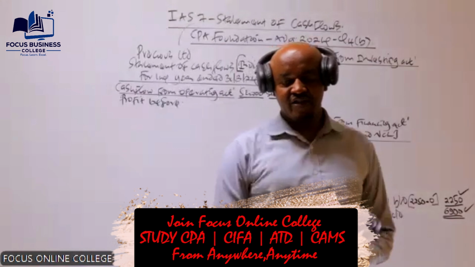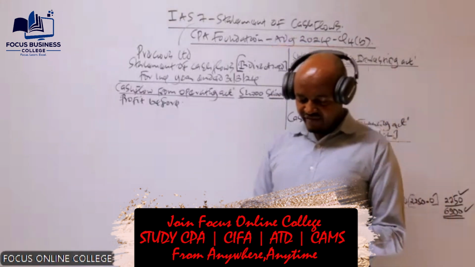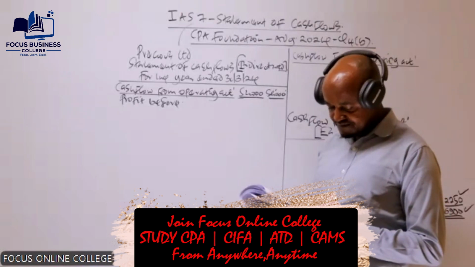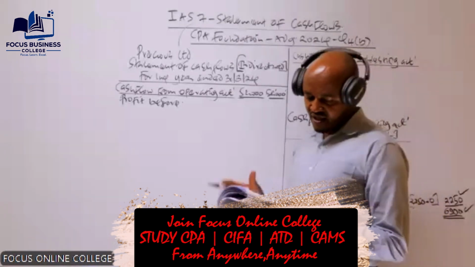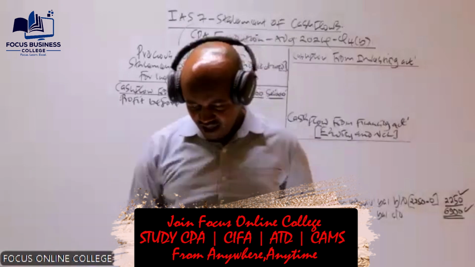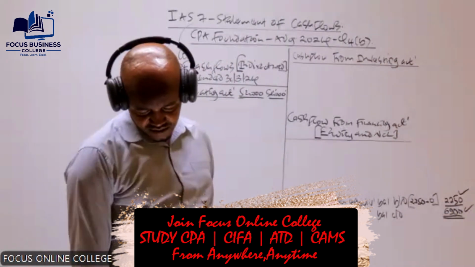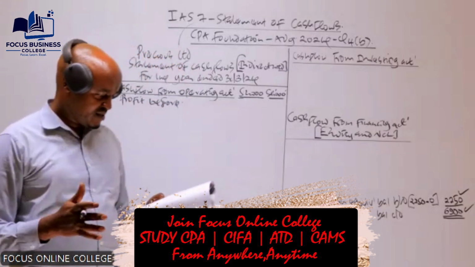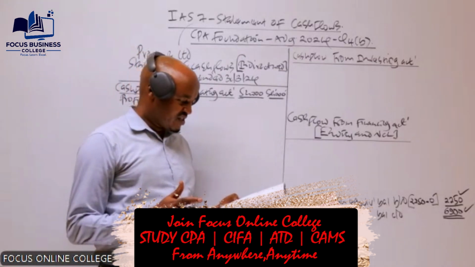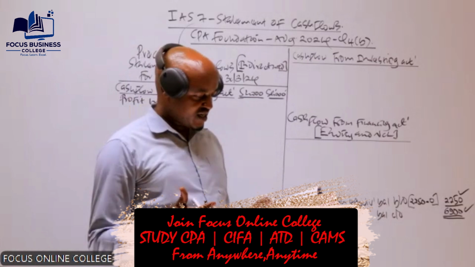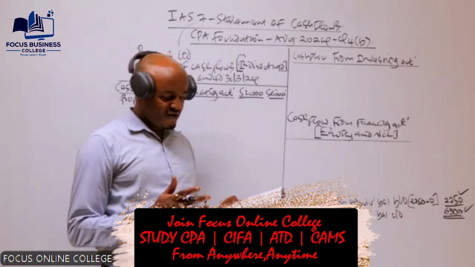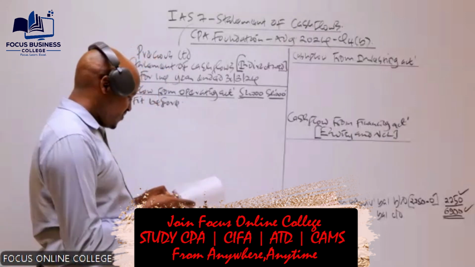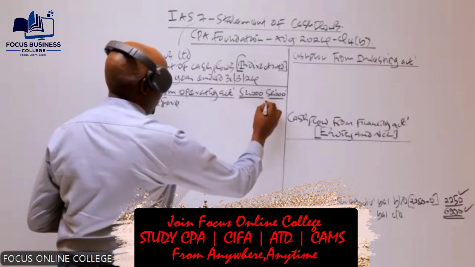Where do we get the profit before tax from? We get this from the income statement. Can we go to the income statement? How much is the profit before tax from the income statement? In our case, it is referred to as net profit before tax. Can you see that? Yes. So the net profit before tax is basically an amount of